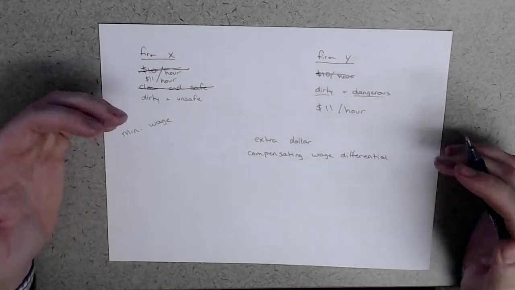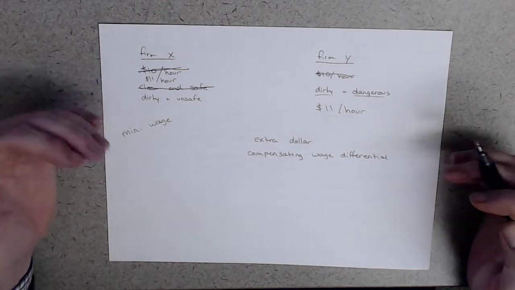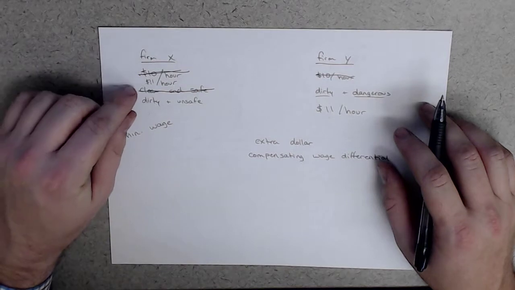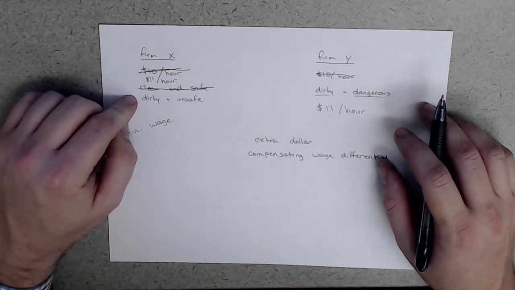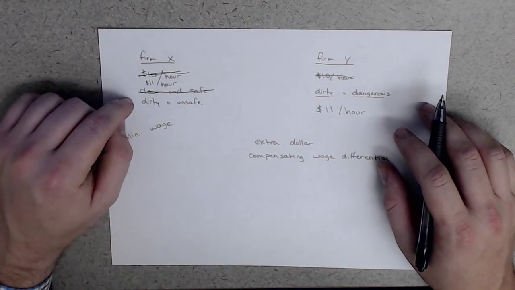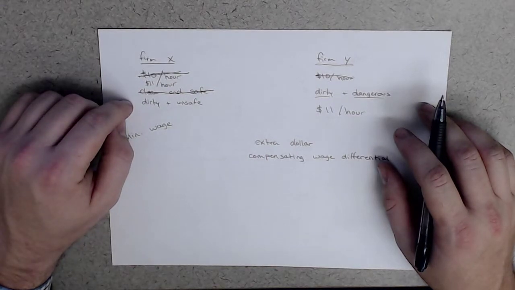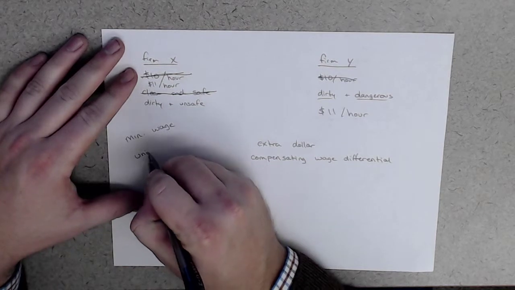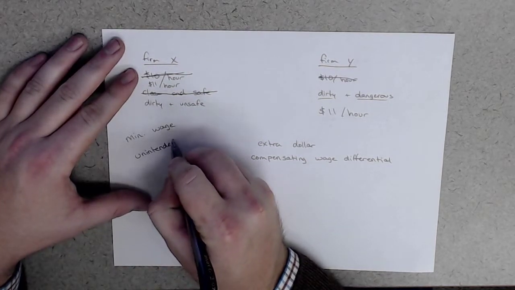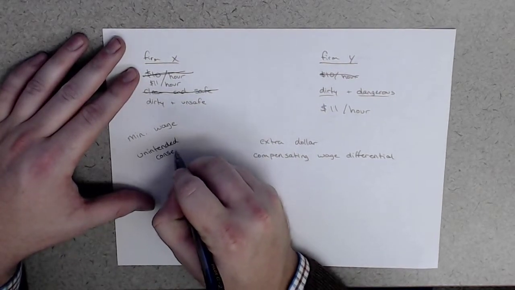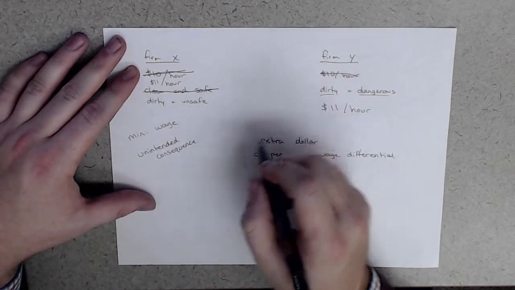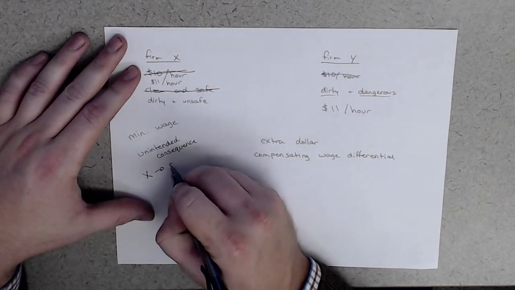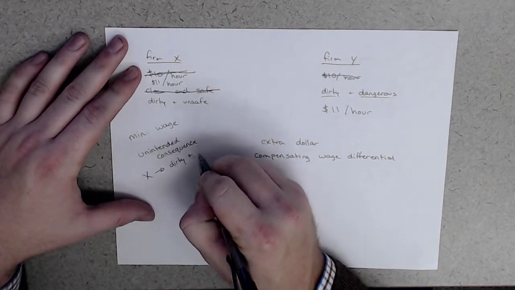And so what we've ended up seeing as a result of this minimum wage is people who are getting more money but would rather get less money and have a clean and safe working environment, right? And so the unintended consequence would be X becomes dirty and unsafe,